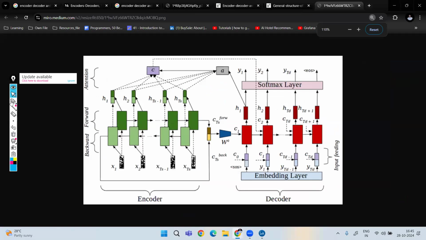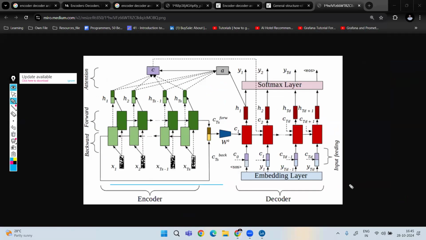As you can see, this is the complete encoder part and this is the decoder part. We have the input data, and we are converting it into numbers. Then we send it to the BiLSTM, where this is the forward and this is the backward part. So this is the BiLSTM model the researchers are using, with forward propagation and backward propagation. Then attention. Whatever context we get, we send to the decoder, and this decoder part helps us generate the final output. This is a somewhat complex architecture,